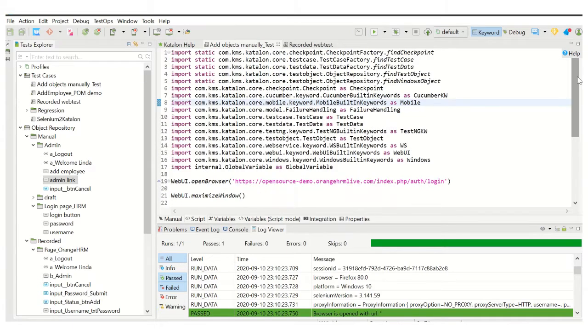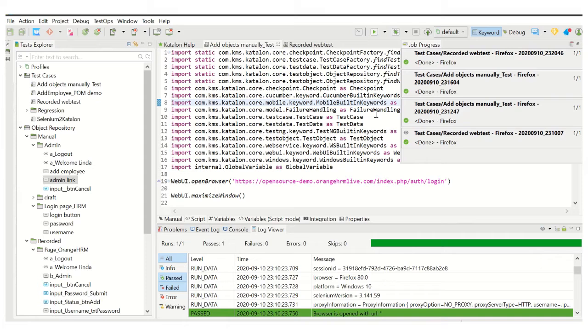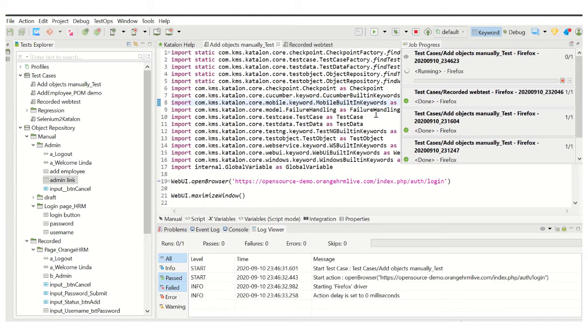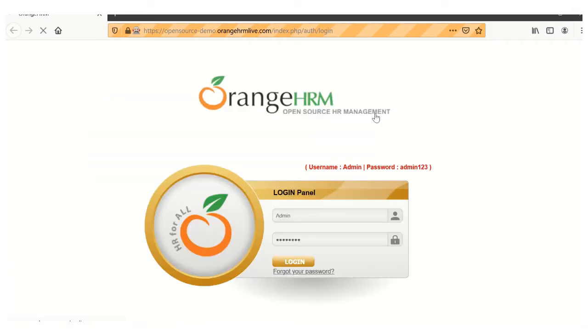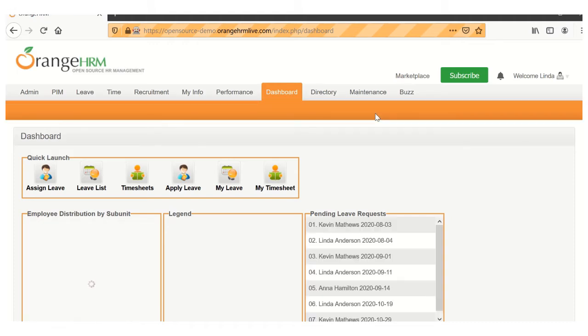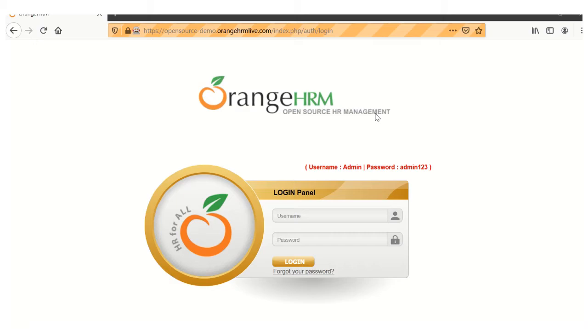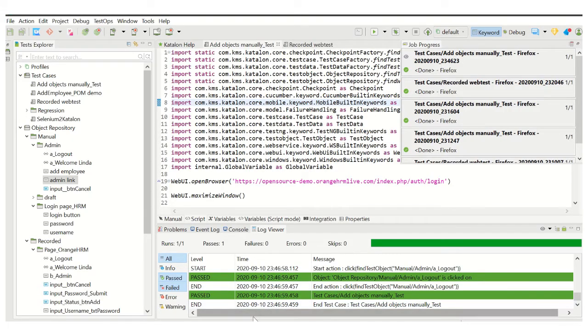Now I'll demonstrate by running these two tests and compare the execution time each took. I'll run this test first. Okay, it has completed successfully.